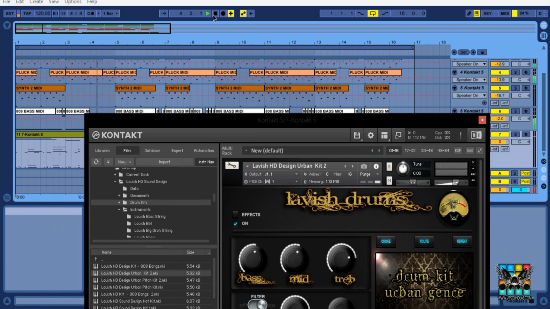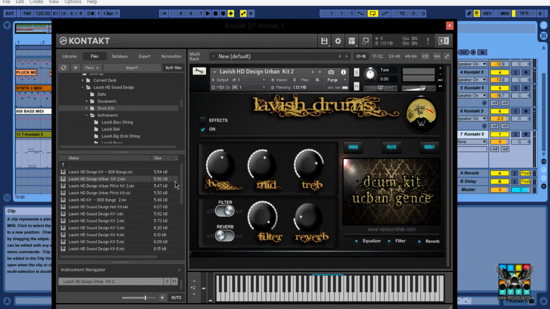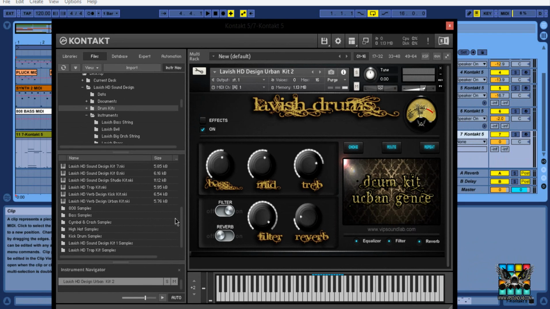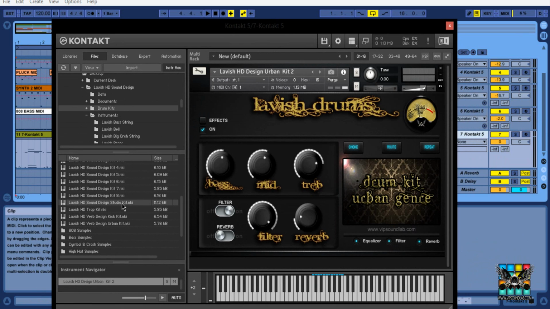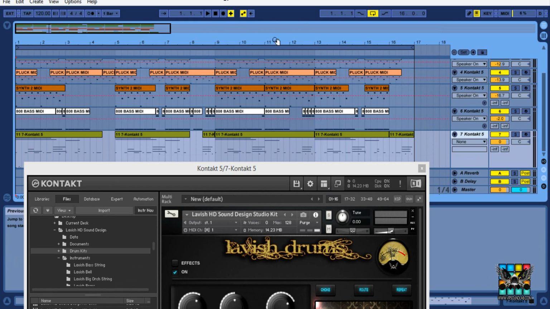All right, so there you go, checking out some of the sounds from it. I actually did make a mistake in there, because this kit here was supposed to be on there. This track right here was left out of the demo. That should have been in there. So let me go back and